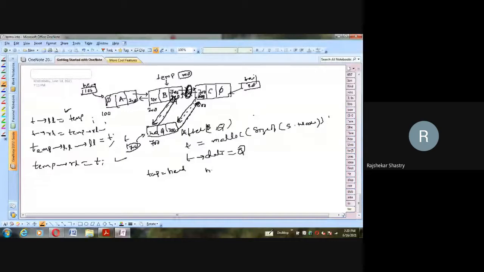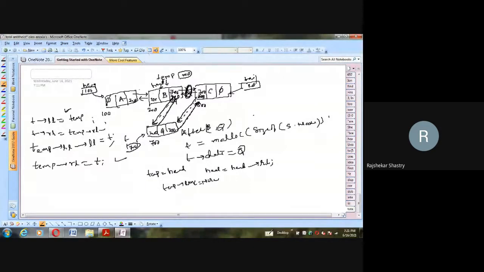So head is equal to head arrow r link, and thus head has become this one. Now this is my head, pointing to this 200. Now two statements are over. Now temp is the new first one. So temp arrow r link is equal to null. So that means this link is removed.